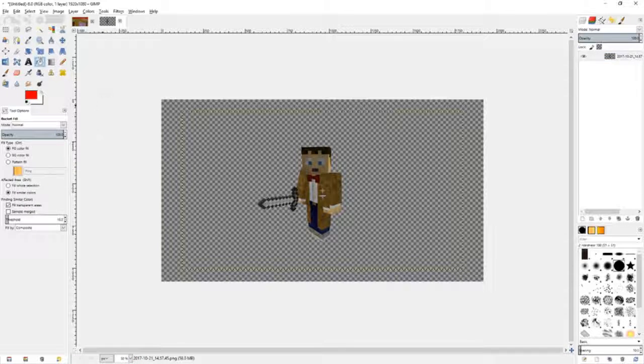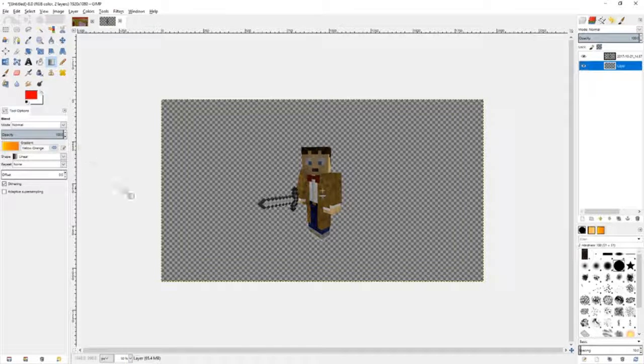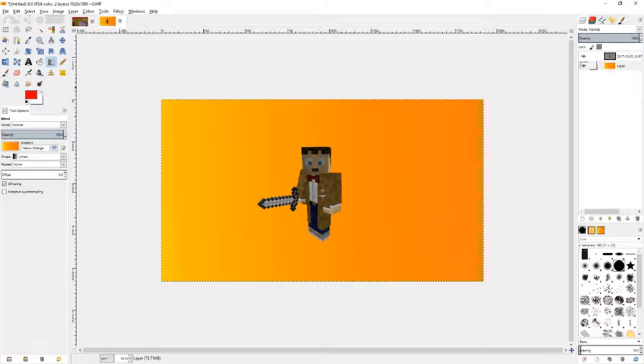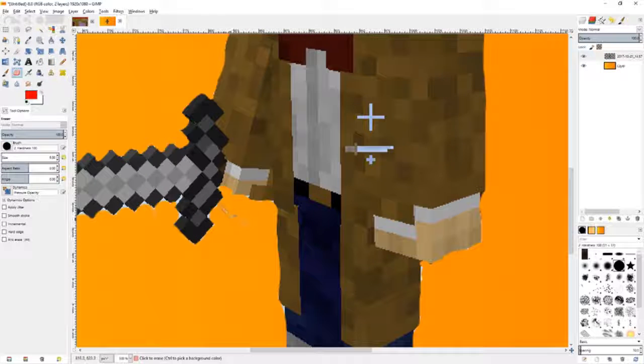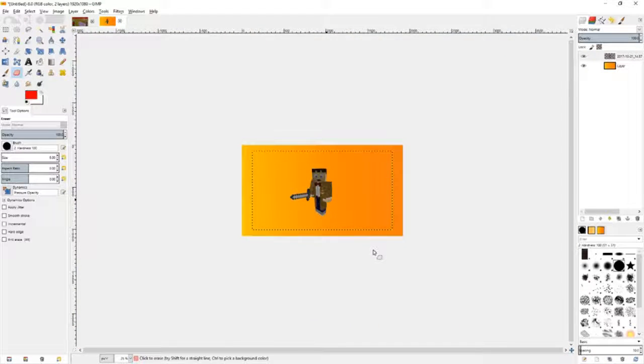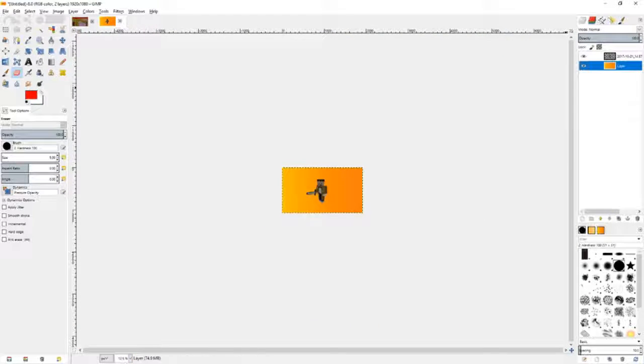Now we can set a background, so we'll just add a layer and make it just like that, and there we go. So pretty easy. You can zoom in, get a little bit more of the little details there, and that's about it. So anyway,